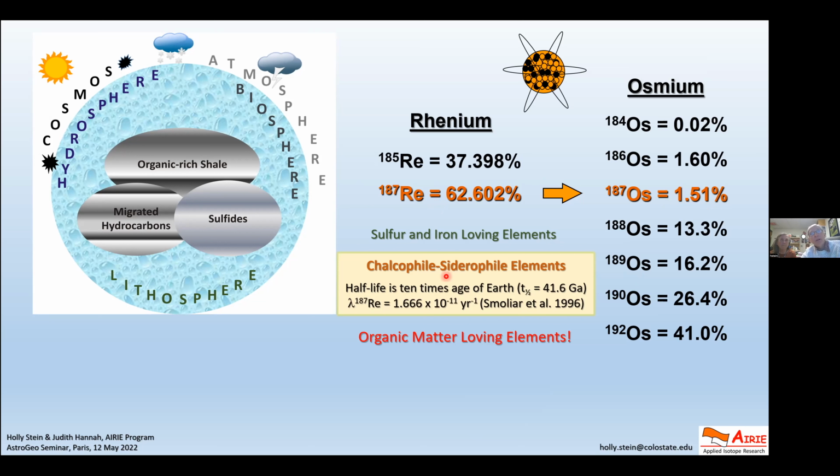Now, where they share characteristics, they're both chalcophile, siderophile elements. Chalcophile, they love sulfur. Rhenium and osmium like to be associated with sulfur and iron. And the chronometer has an enormous range for those of us working on planet Earth. It's 10 times the age of the Earth. So we can date things that are very old back in the Archean. We've dated some molybdenites in the Archean, and also very young.